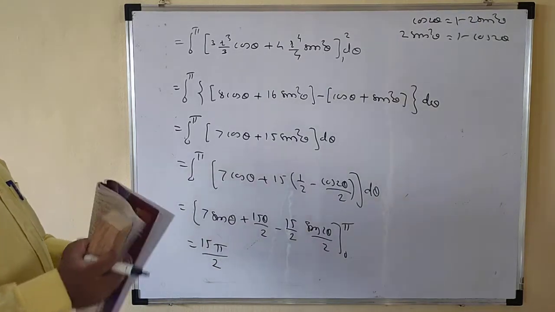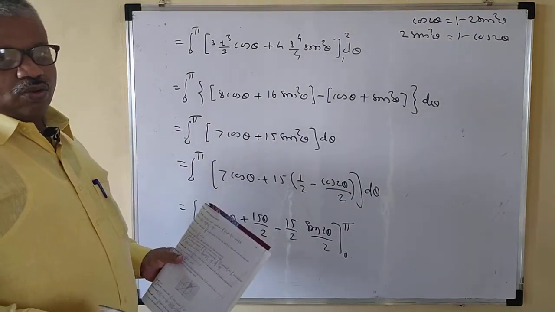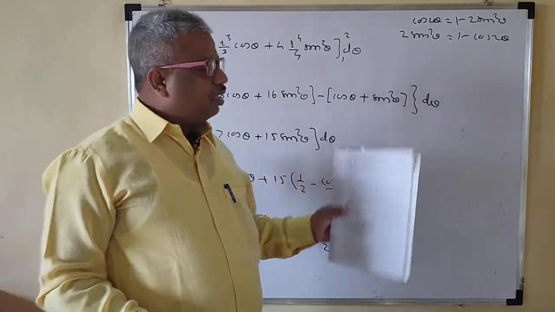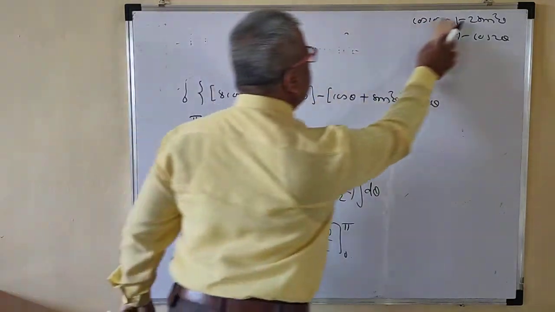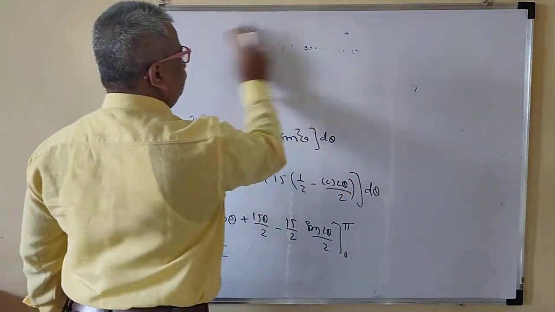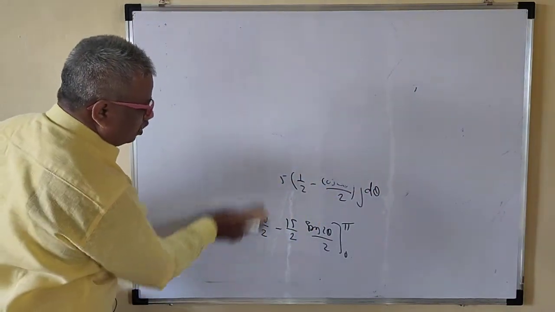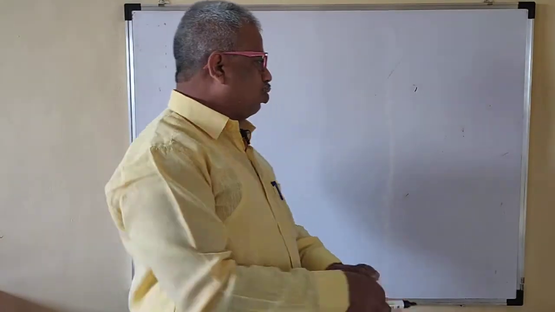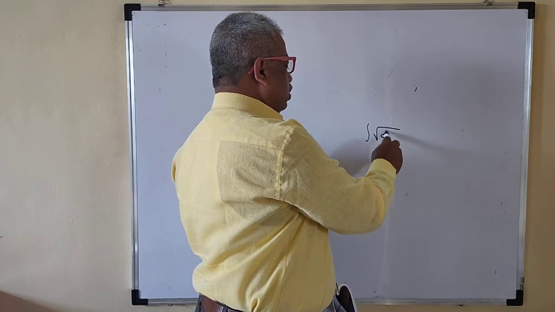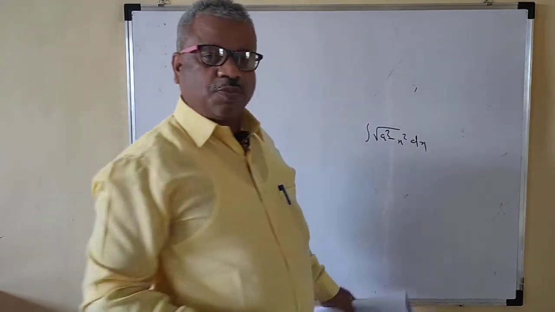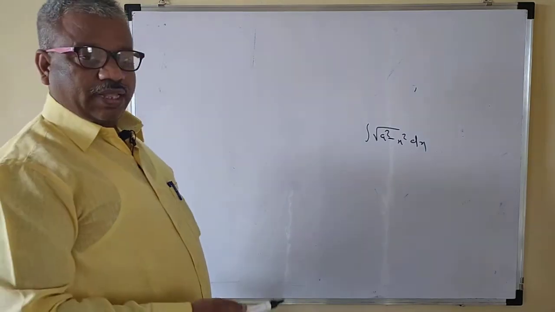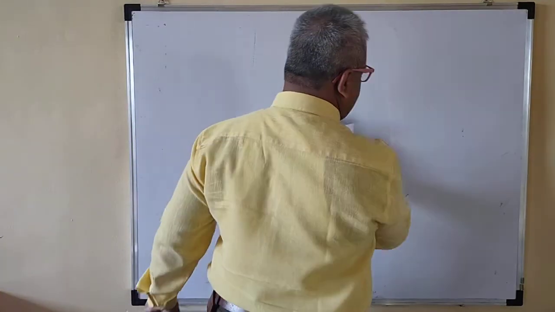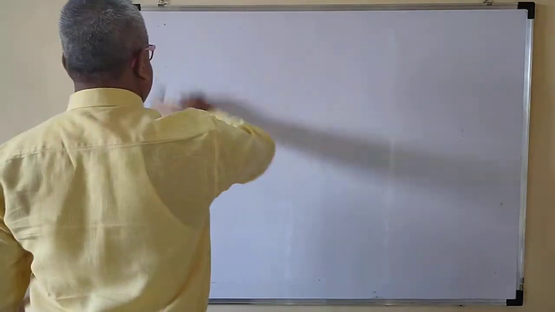So you have solved this very easily with the help of polar coordinates. If the region is circular, then always apply the polar form, and your problem becomes very easy. Otherwise you have to use the root of 1 minus x square, and you should know the formula for the integral of root of a square minus x square dx. This formula is complicated, there are two terms, and again you have to put a lower limit and upper limit and solve a lot. So it is better to apply the polar form if it is applicable.